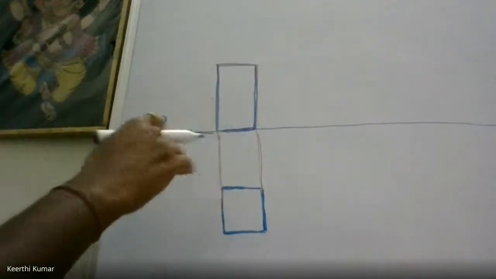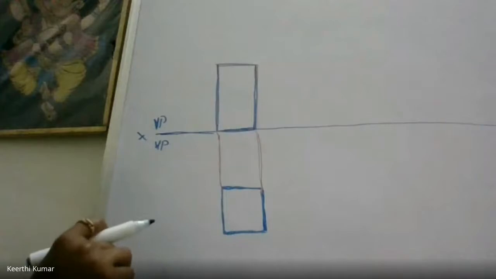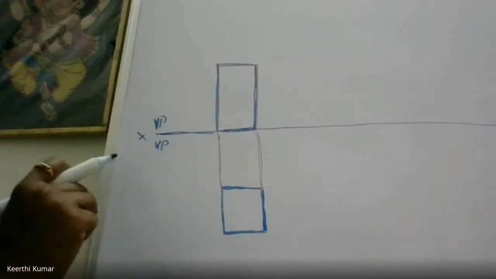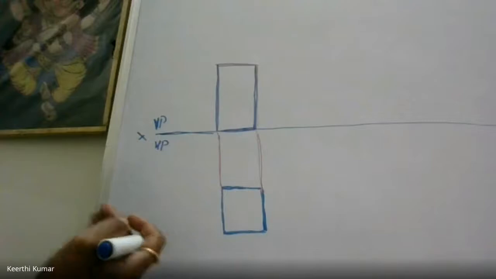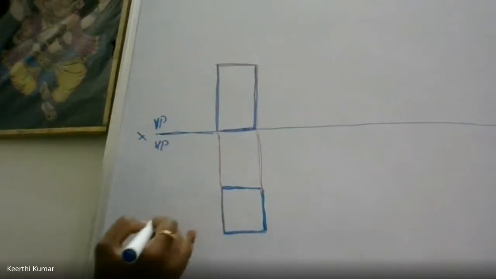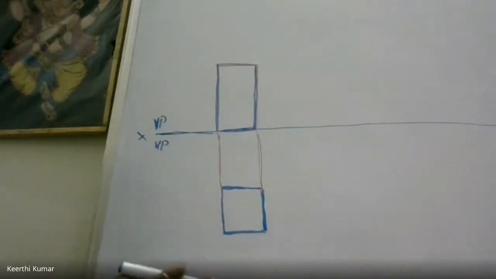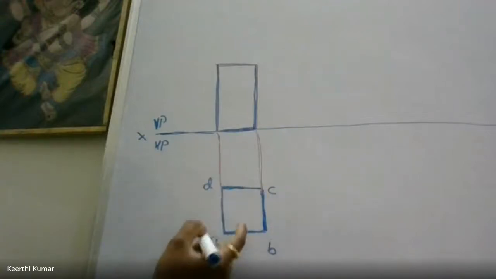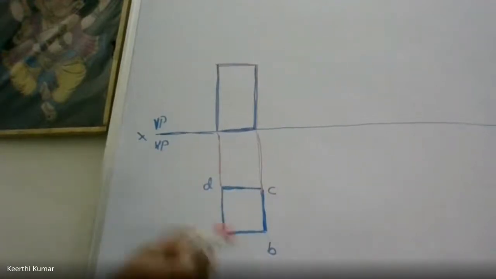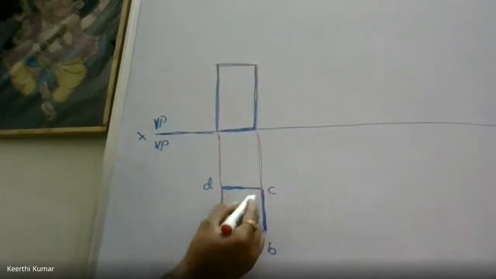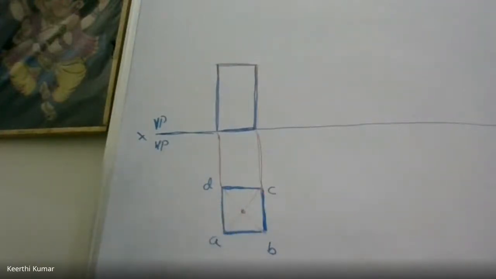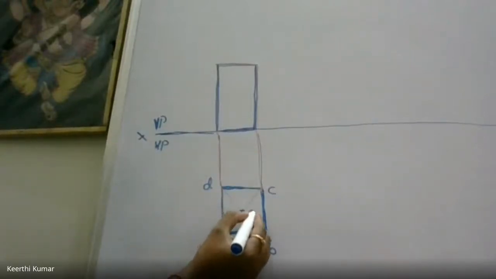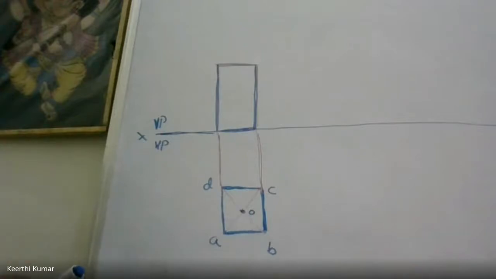So if I see from the top, what is the naming I am supposed to see? Naming I will see as A, B, C, D and O. Bottom is A1, B1, C1, D1, O1. So the naming procedure is the same as usual, what we did for laminas. Leftmost from the bottom, this is the first corner. So I'll give this as A, B, C, D. How to find the center for this? Imaginary center, draw with a thin line, find the center. And this center I'll give the name O. This is finished with respect to the top surface.